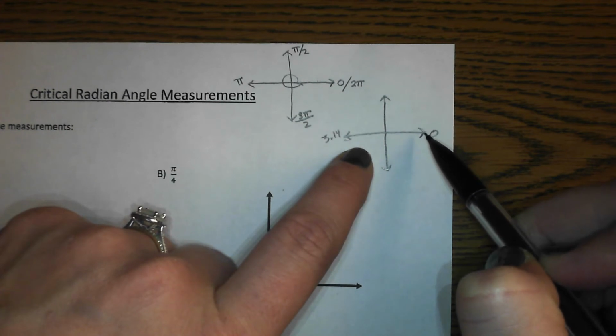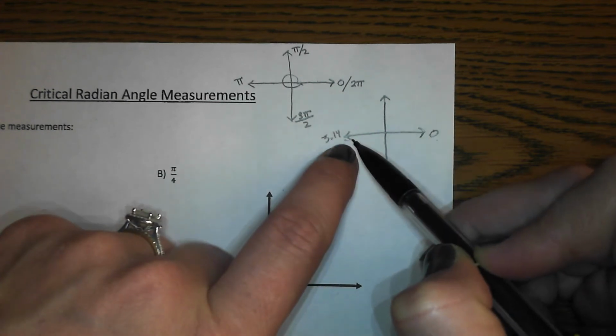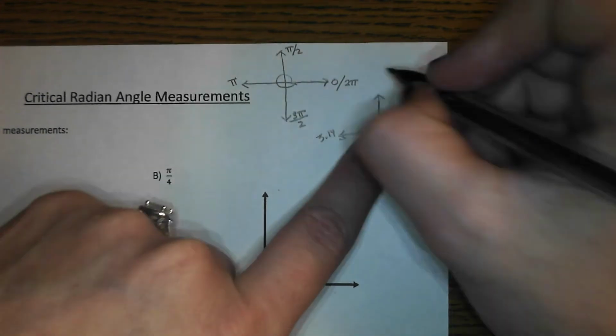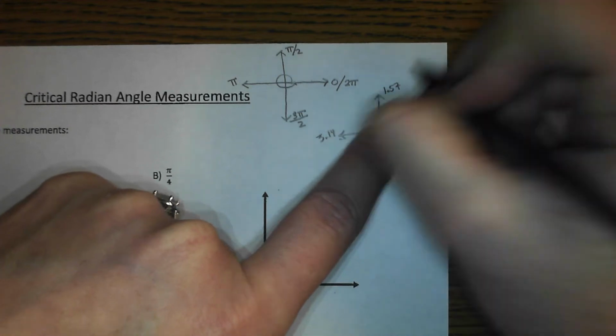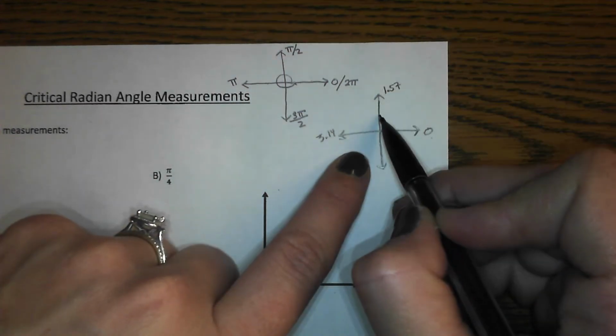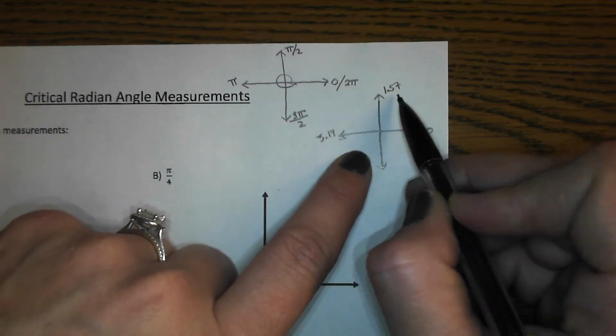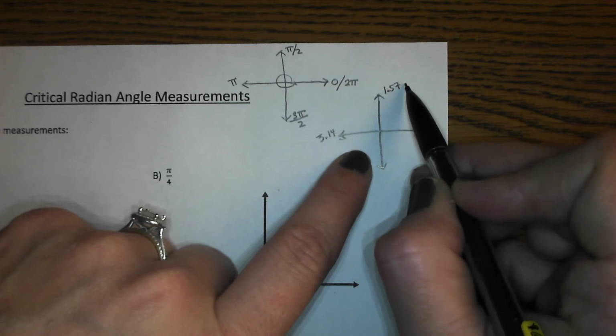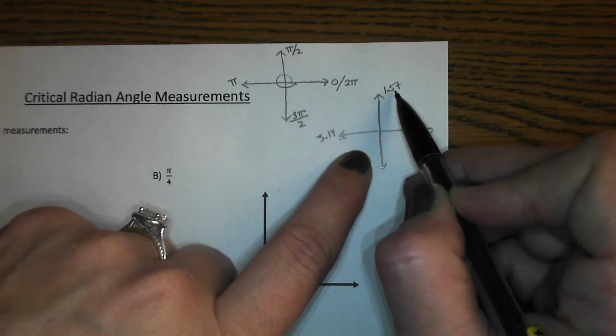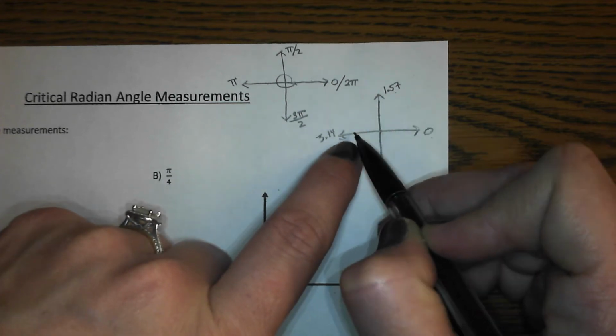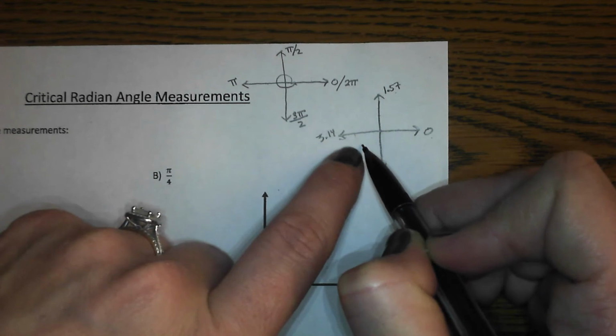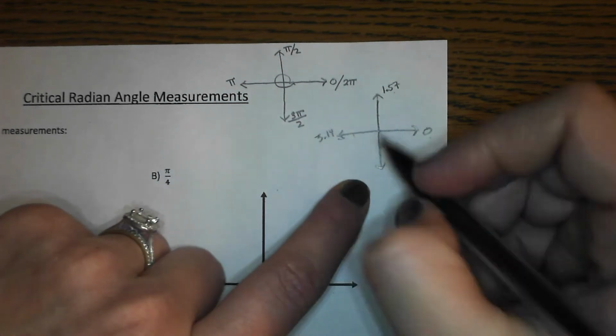But what is halfway between 0 and 3.14? 1.57. So this really climbs at increments of 1.57, because that's like 1.57 radians is equivalent to about 90 degrees. And then you go 1.57 more, and then you go 1.57 more, which brings you to